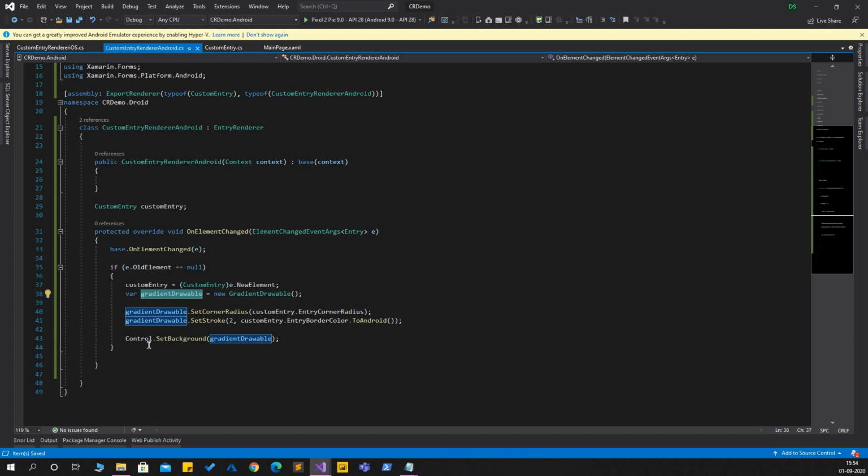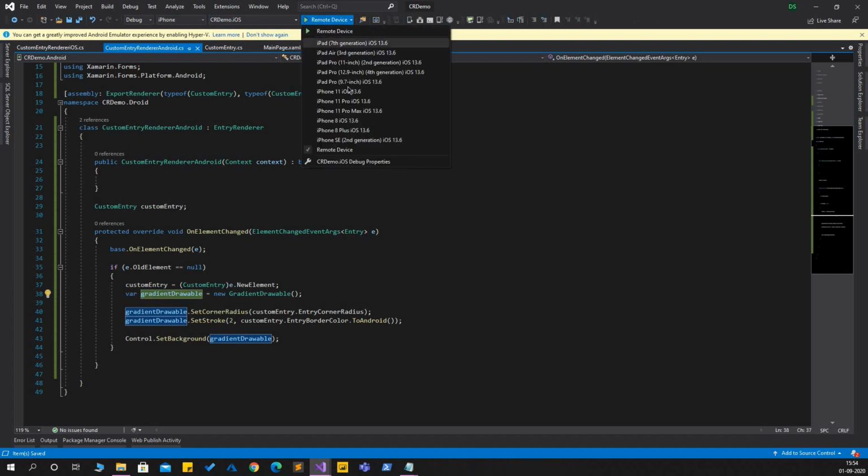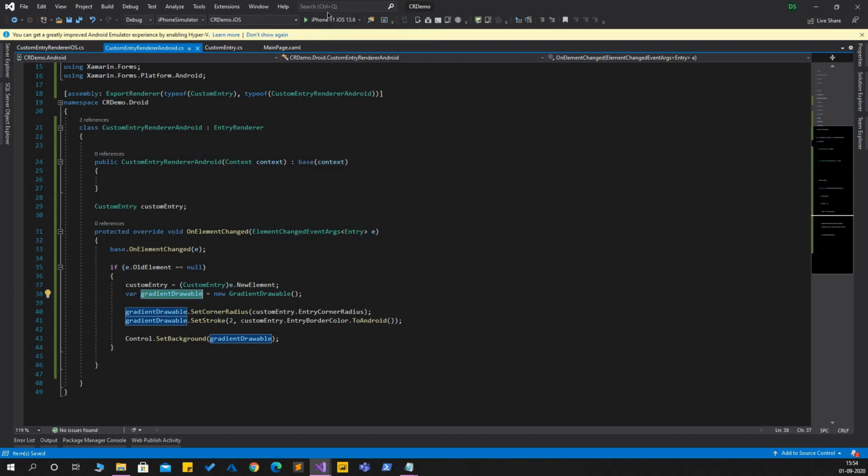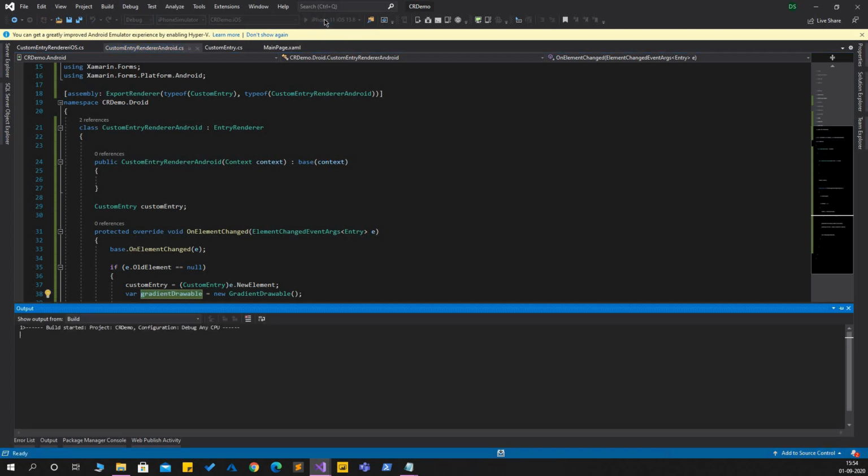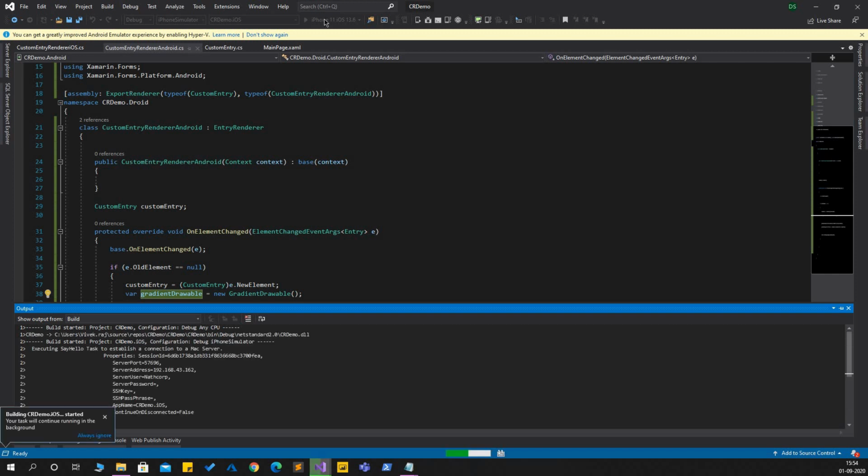Now we are good to go, and we can run our program and check whether it works or not. I'll first check it on the iOS device. I'll choose iOS 11, and now we will wait for it to build and then deploy on the simulator.